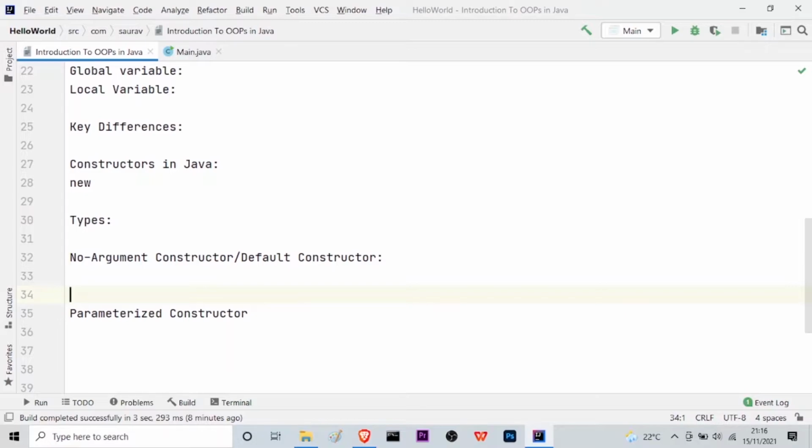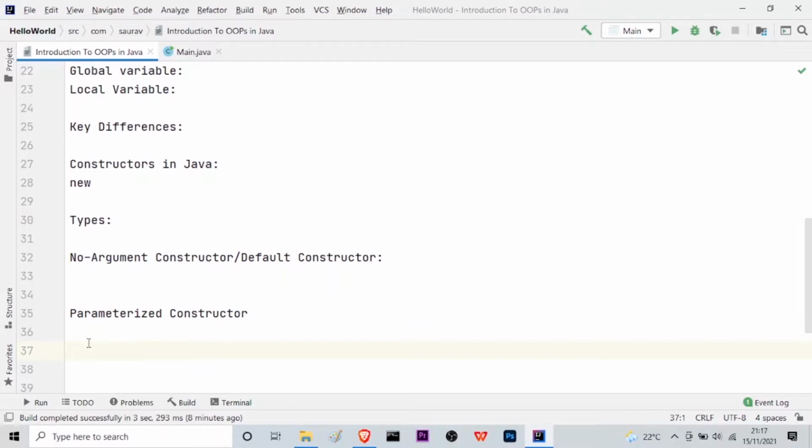Whenever the constructor does not have any parameters, it is known as a default constructor. And secondly, the parameterized constructor. A constructor that has a specific number of parameters is called a parameterized constructor. When I go on to the practical aspect, you will understand more. I will show you an example.